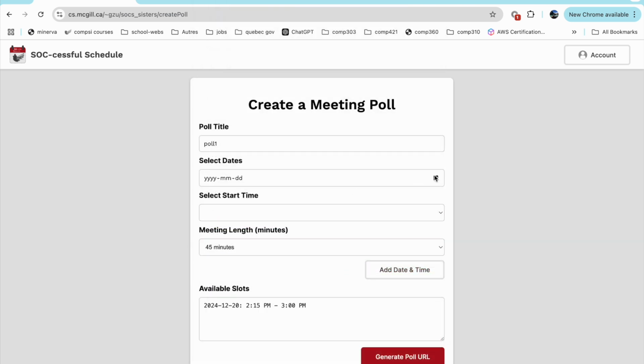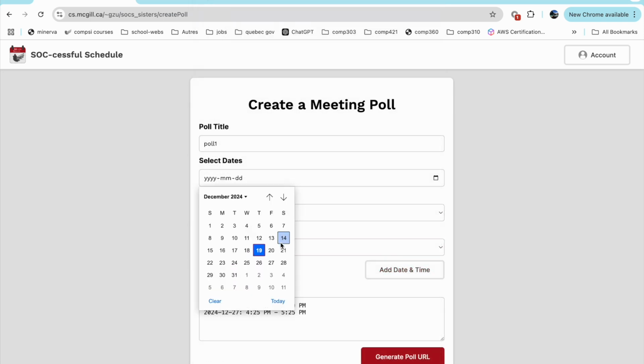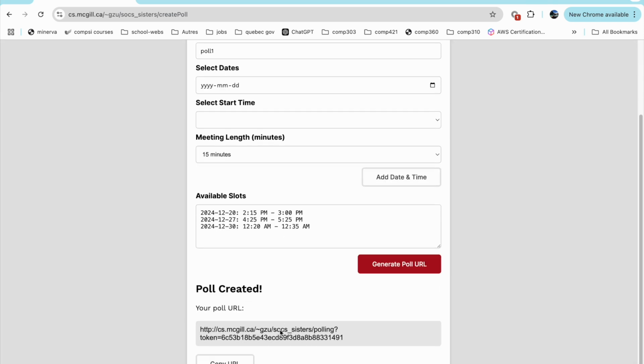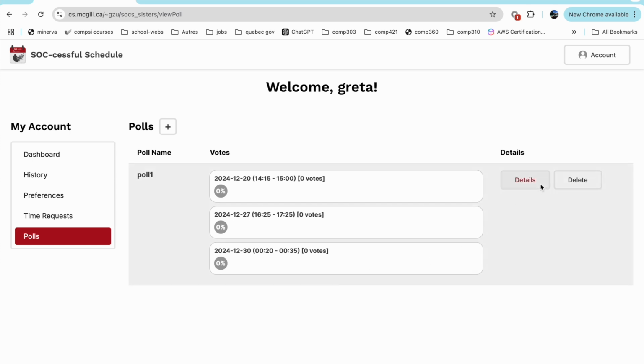You can add as many options as you want, and once you have added all the options that you wanted, you can then press on generate poll URL, which will generate the poll URL that you can send to other people. And now going back to the dashboard, in the poll section, you can see that your poll will show